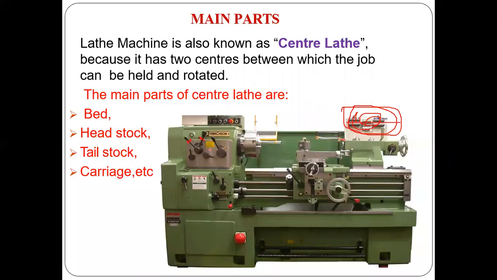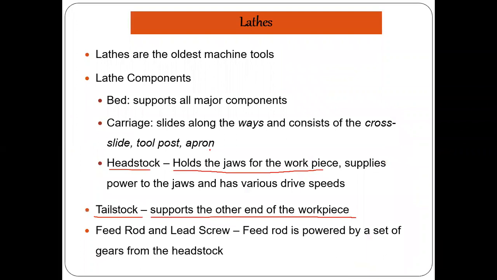I think these questions we can take at the end of the class. Okay? RPM depends entirely on the machine. Every machine has its own RPM. It is not a fixed RPM. We cannot say that every lathe has this RPM. It depends on the machine. Yes sir, any other questions?